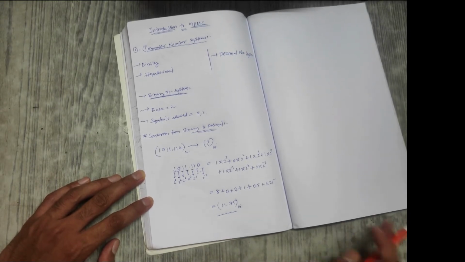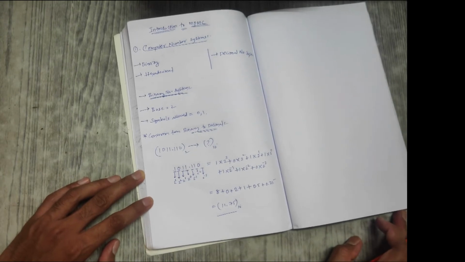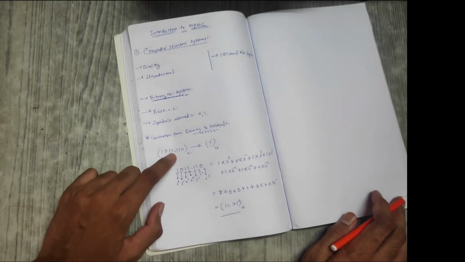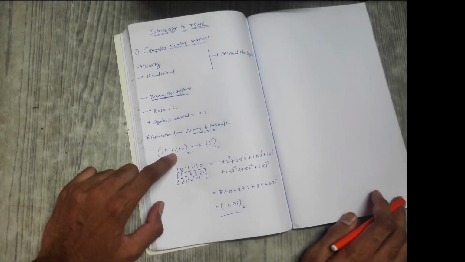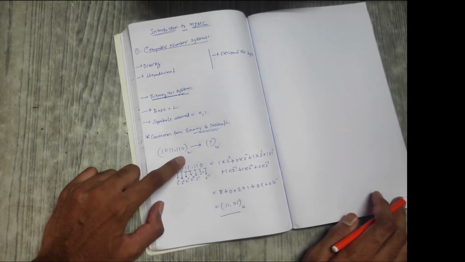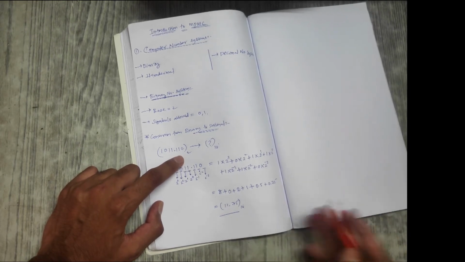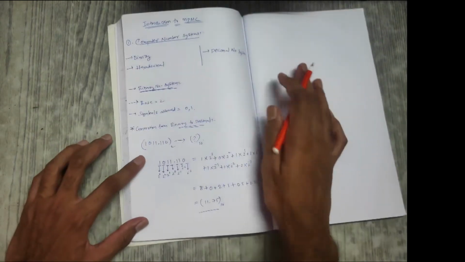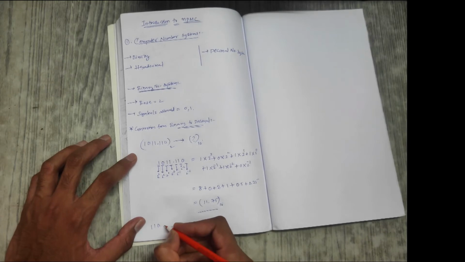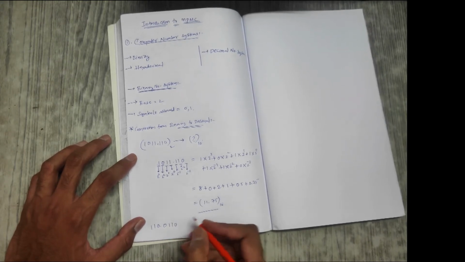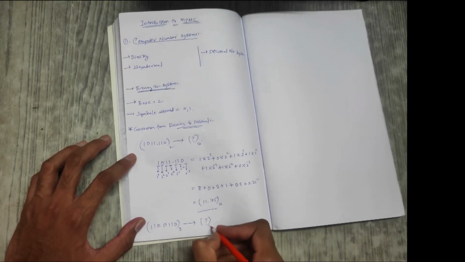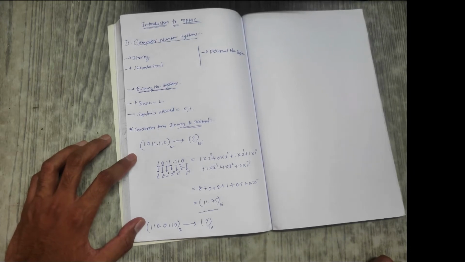So this is how we will convert a binary number to decimal number. It is very similar to the expanded form. If we know the weights of these places, we will multiply the weight with the corresponding symbol and add all the sums to get the decimal equivalent. This is very simple. Similarly, 1011.0110. If this is a binary number, find its decimal equivalent and mention in the comment section.